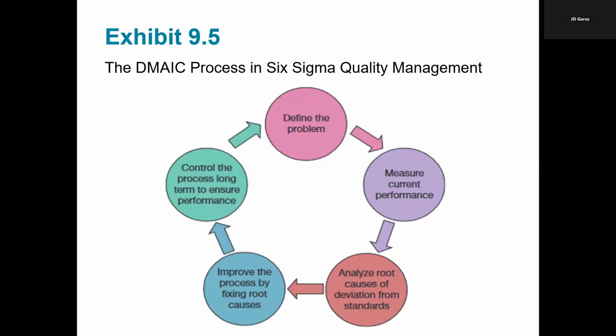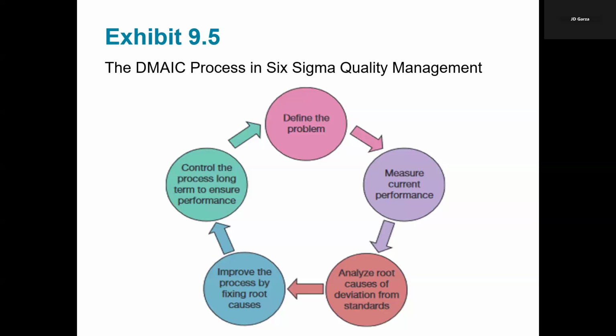Improving processes by fixing those root causes. Okay. In this phase right here, this focuses on implementing those solutions that address the identified root causes, solutions which are tested, refined, optimized to ensure the improvements in the process, even the performance. It may also involve revising the workflows, retraining staff, introducing automation, or even upgrading equipment. Let's just say, for example, in the retail scenario, improvements could include adding self-checkout lanes, optimizing staffing schedules, or even streamlining payment methods to speed up transactions, as an example.